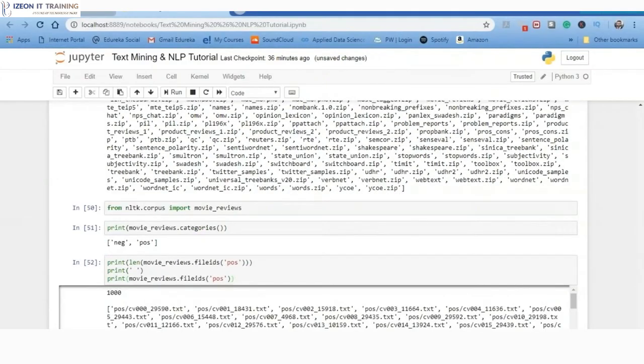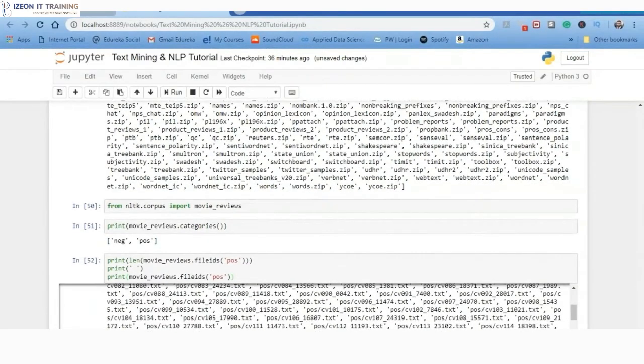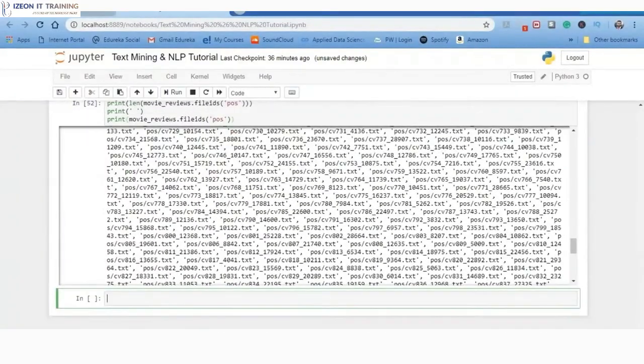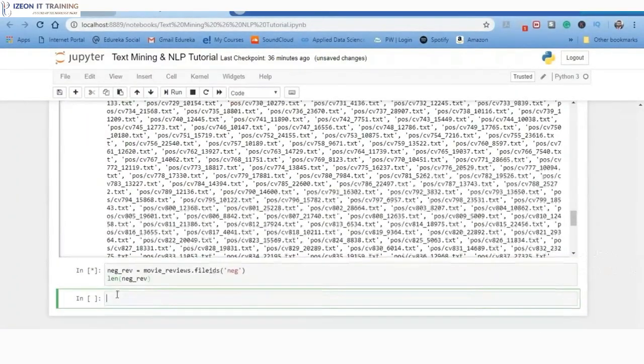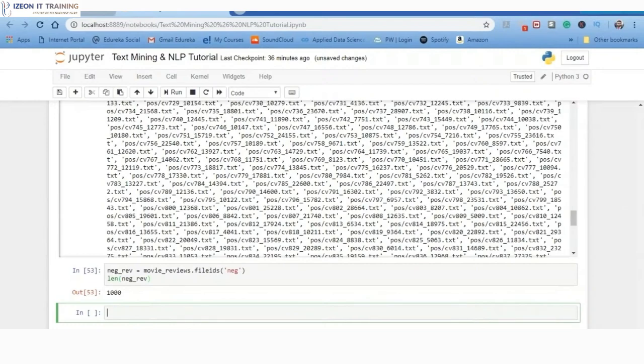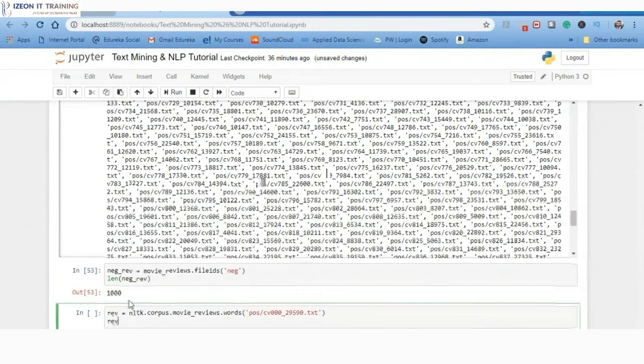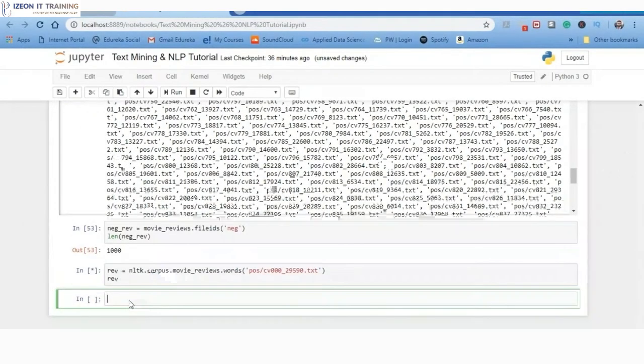If we look at the positive, we can see we have so many text files here. Similarly, in the negative we have 1,000 negative files, which have the negative feedback. Let's take a particular positive one into consideration, which is cv002959.txt. You can take any one of the files here, it doesn't matter.